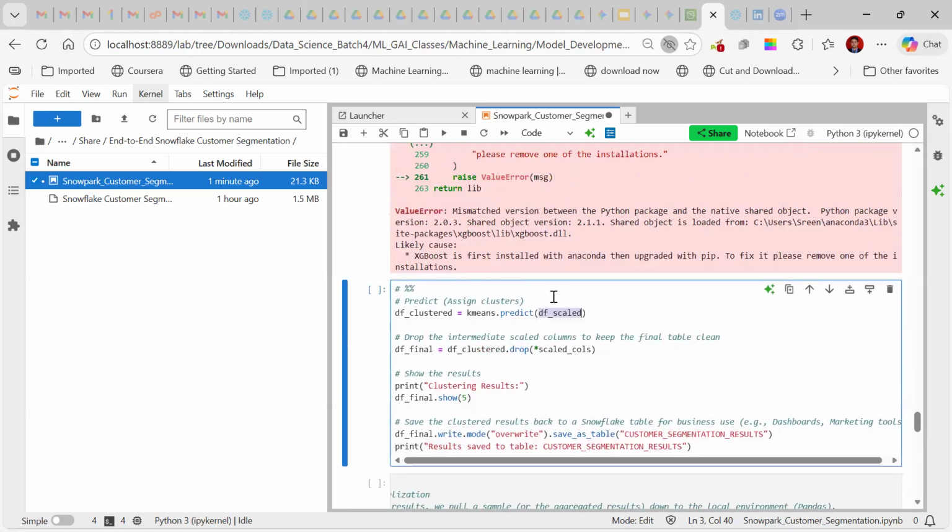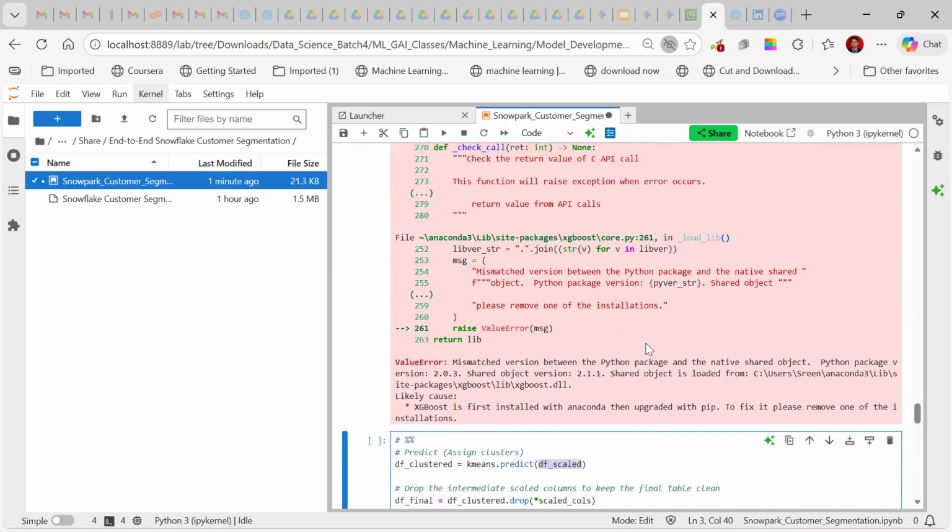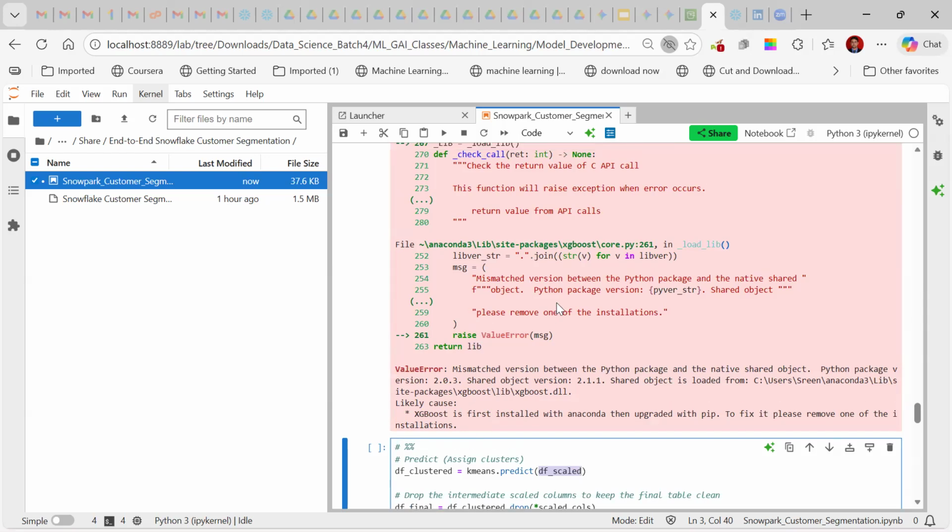Here it is saying that XGBoost is not available. What is it saying, mismatch version?